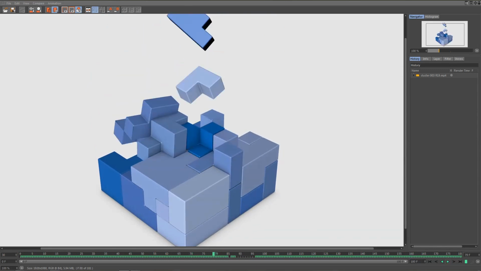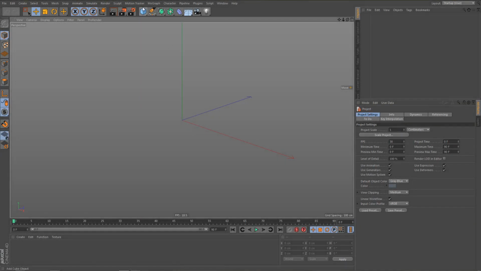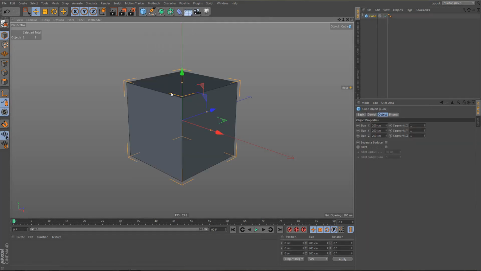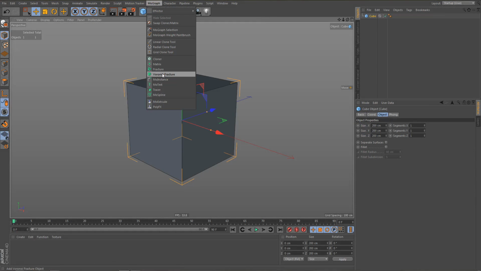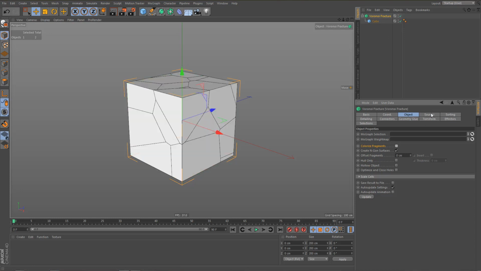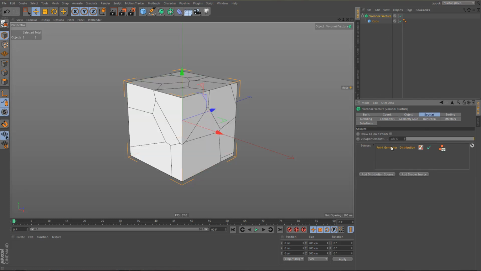So let's get started. First of all, we need a cube, and I'm going to fracture this cube using the MoGraph Voronoi Fracture object. And we're not going to colorize the fragments. And let's go ahead and delete the default source, which is a point generator. What I'm going to use for breaking up this